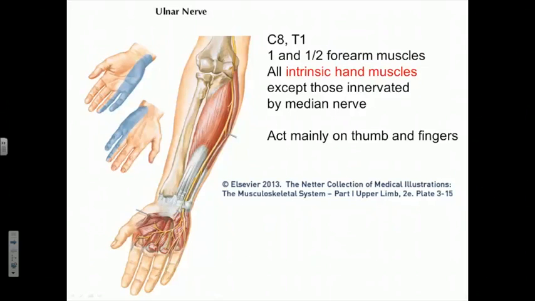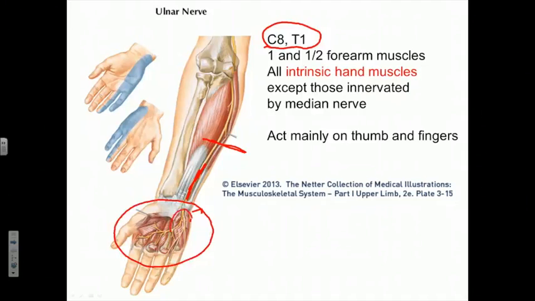Then, let's look at the ulnar nerve. The ulnar nerve, as we said, is the last of our three nerves that contains anterior division fibers, but it contains C8 and T1 spinal cord segments, so its major distribution must be distally. It's only going to innervate 1 1/2 forearm muscles, most of them in the anterior compartment of the forearm being innervated by the median nerve, and it's only going to innervate a lot of intrinsic hand muscles, muscles that will